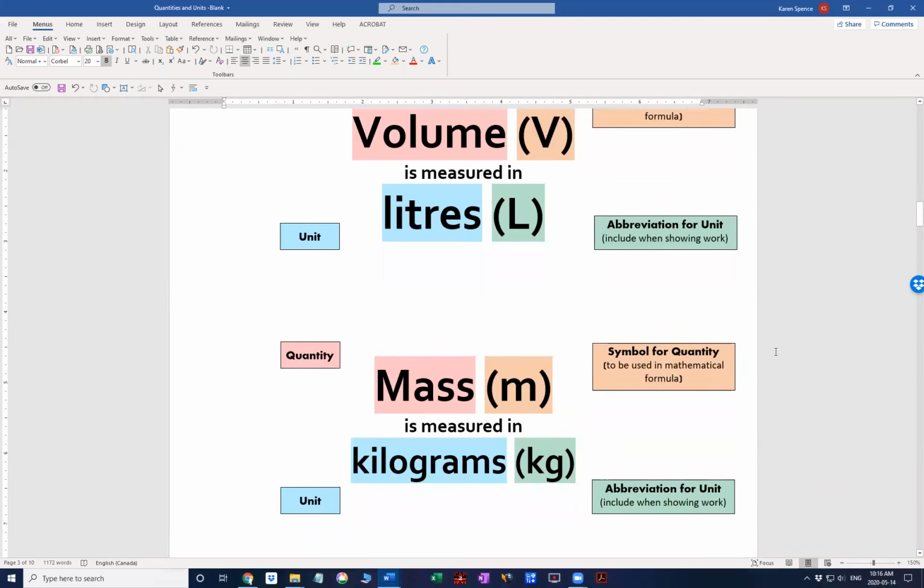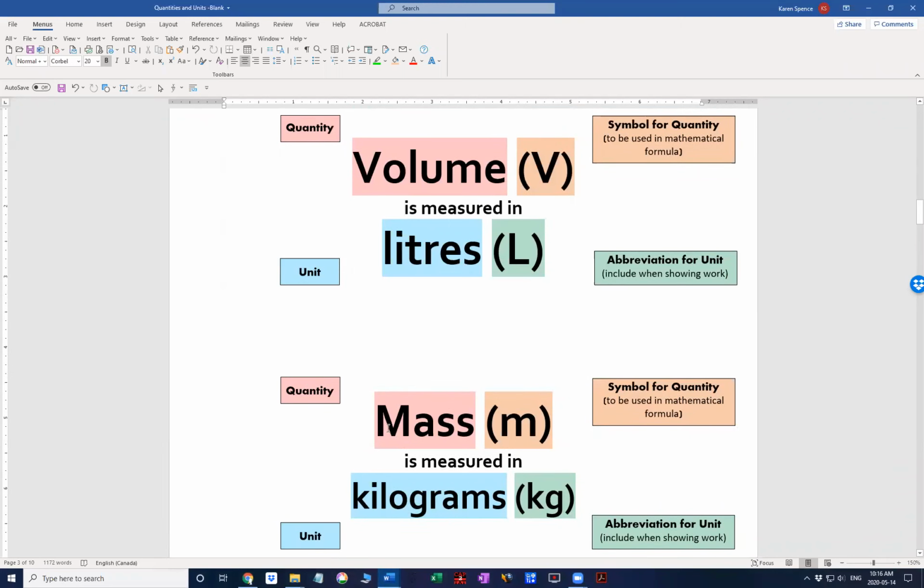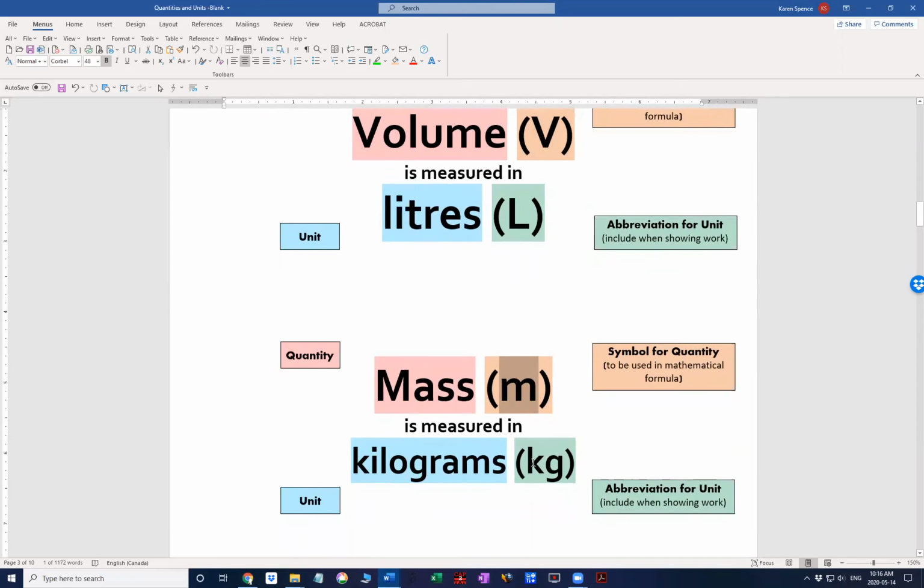Hopefully you already know about mass as well. Okay, mass, the symbol is a lowercase m, and the unit is kilograms, which is lowercase k, lowercase g. Lots of people want to put a capital K there, and I don't blame you for wanting to do that